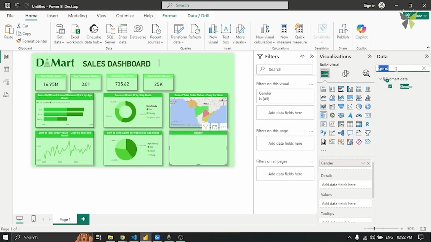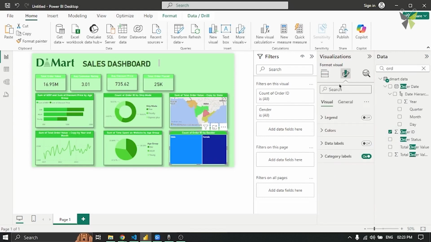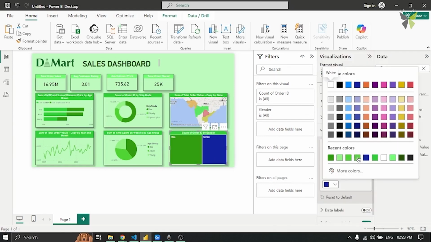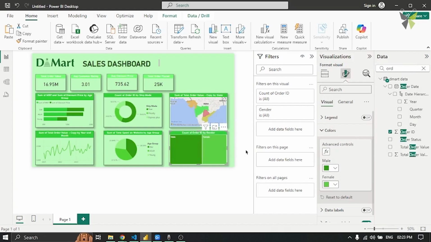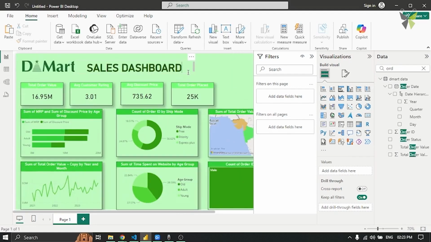Rather, let's say I'll take order IDs again, and I'll take the count of those order IDs, right? I'll go ahead and change its color as well, male and female. So now we know that male are a bit higher comparatively to female, but not that much higher in terms of placing orders on DMart.